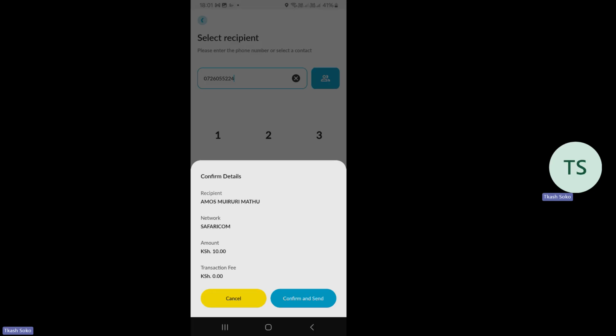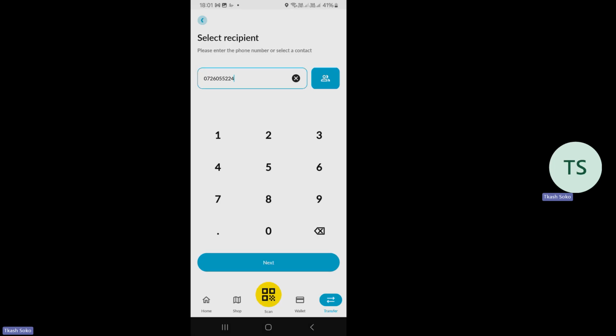Unaweza kuwa you have a business, you support your parents, you support your guardians, unawatumia pesa from the wallet direct to their phone numbers. So that is how you can be able to send. But in this case, I don't need to send, so I'll just cancel. You see, I have access to this money and I can send because I have completed my KYC. So for you to be able to also do the same, you need to complete your KYC.